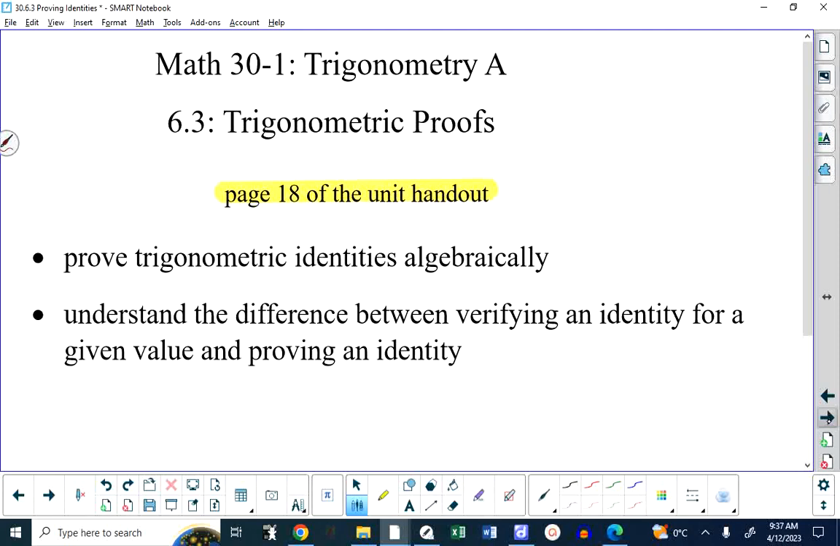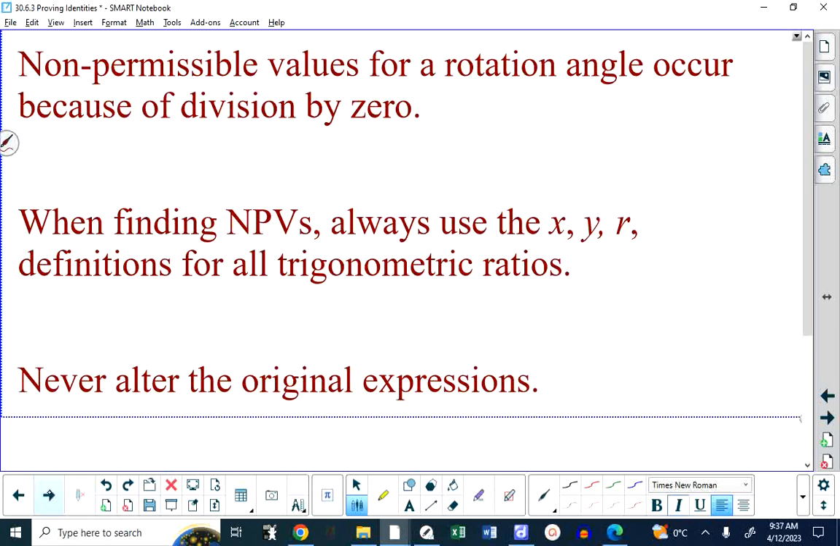Okay? And the educational philosophy that I have here is, you need lots of practice with proofs. Everything we've learned so far is going to go into proofs, but you still need lots of practice because there's so many different proofs that you might have to complete on an exam. So we're going to be proving trigonometric identities algebraically and going back to understanding the difference between verifying an identity and proving an identity. So to begin with here,